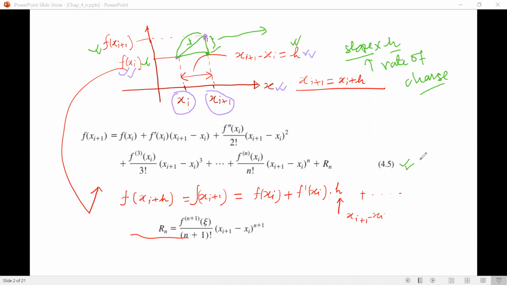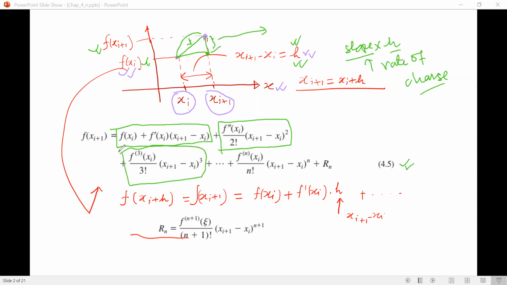You see that in our first approximation, when this was a straight line joining point xi to xi plus 1, we had this approximation. Here, this difference xi plus 1 minus xi is actually the step size h. Then if we add, for example, a second derivative term there, your approximation will be refined again. You can add your third derivative there for further